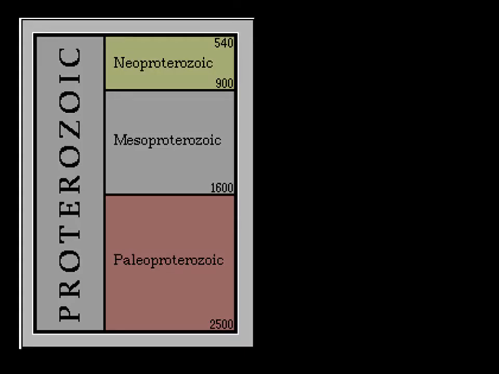So let's take a close zoomed in look at the very, very end of the Proterozoic era, the Eon, really, the last stage of the Precambrian from about 2.5 billion years ago to 540 to 550 million years ago. And as you can see, we break up the Proterozoic into 3 subdivisions, the Paleoproterozoic, Mesoproterozoic, and Neoproterozoic, respectively.